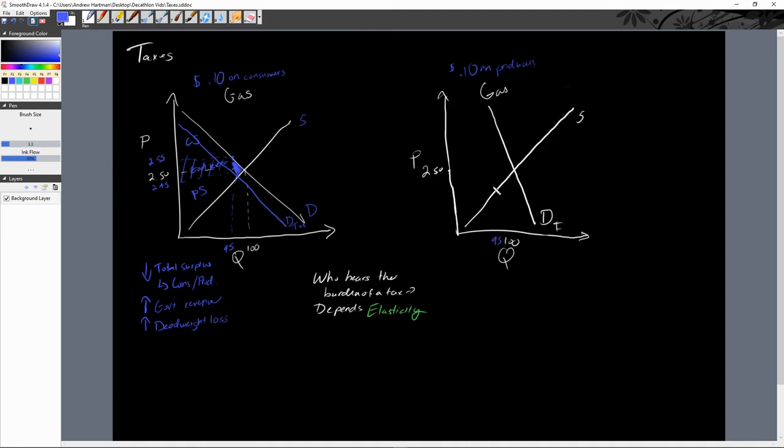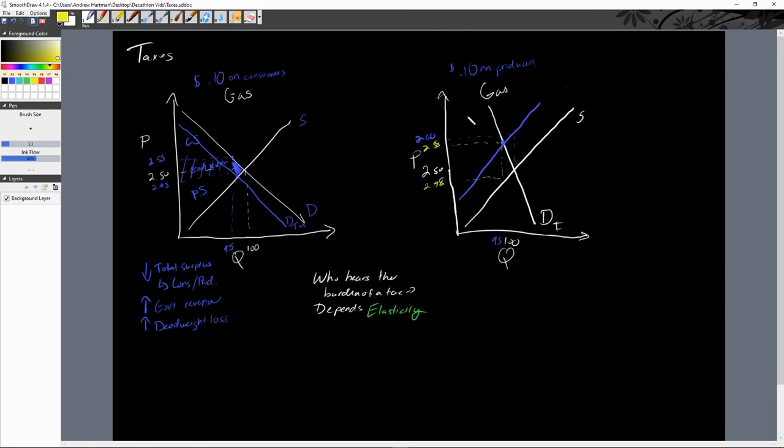Okay. So again, we shifted out to a point where $2.60 is still making them 100 units, again because of the 10-cent tax. So we have our new equilibrium point right here. And so what we see is that the price that the good is being sold at is very close to the $2.60, the full amount of the tax. Let's call this $2.58. And so what's happening then is that suppliers are still making quite a lot of money. They're pretty close to their $2.50,